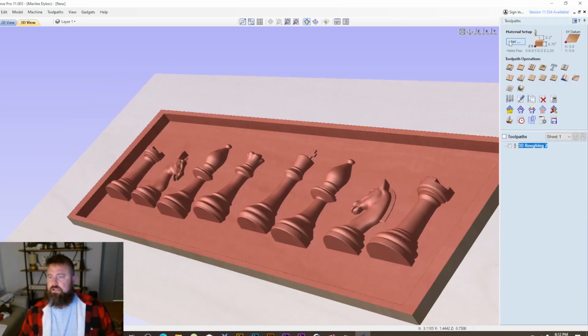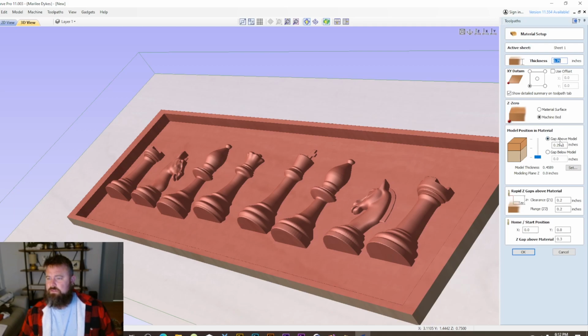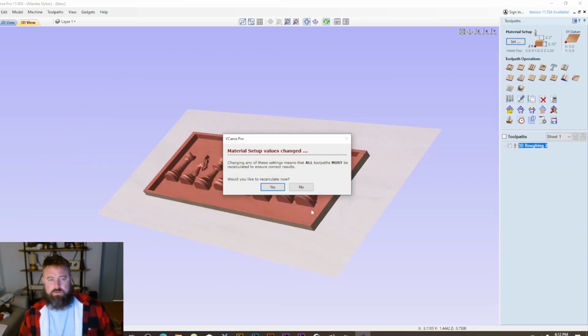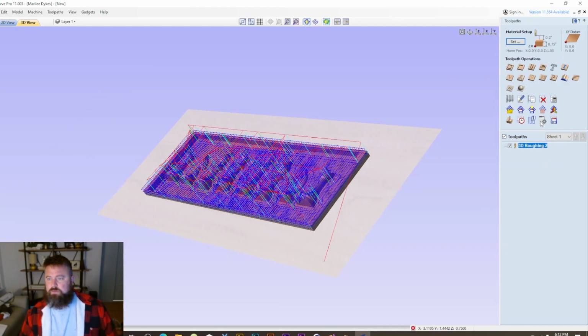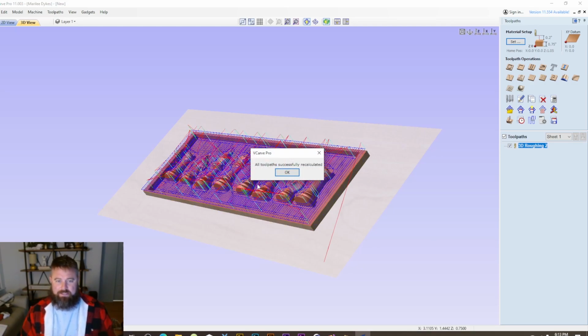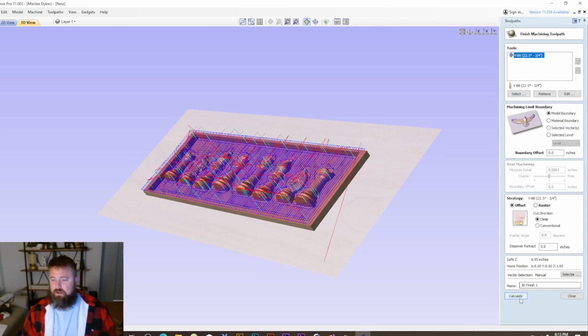And if we close out of that, let's see what we got going on here on our setup. Oh, we'll zero that out. So see how everything is happening at a much slower rate, and that is because I have that resolution cranked up so high. Alright, so now if we do our 3D pass,